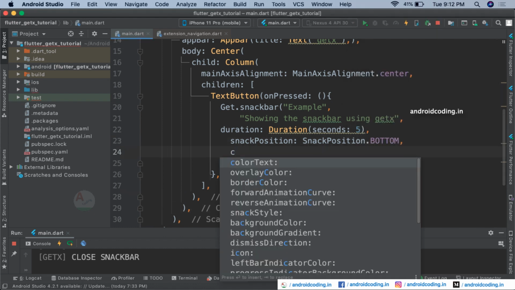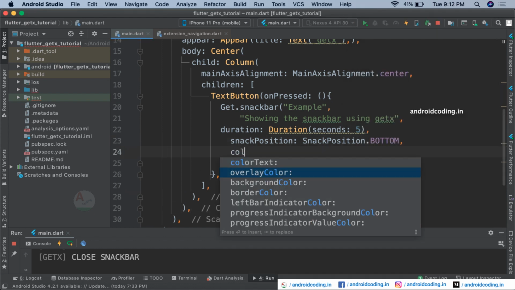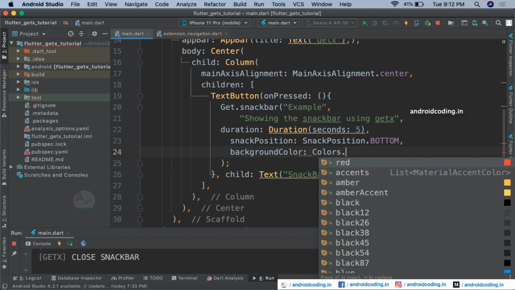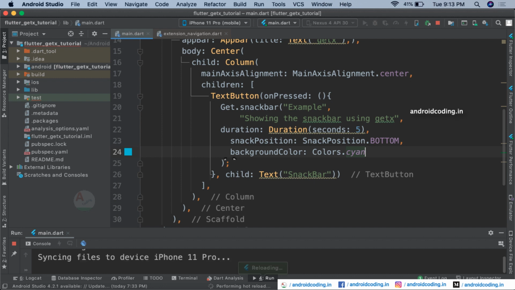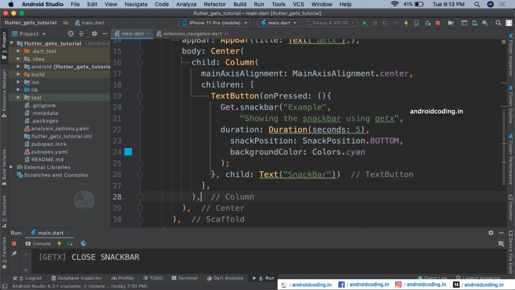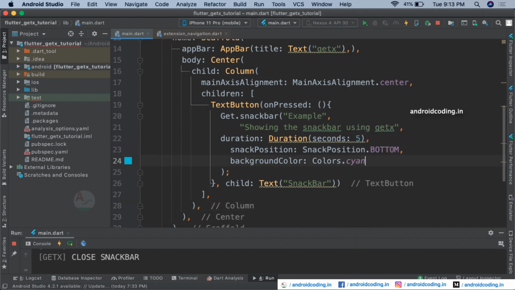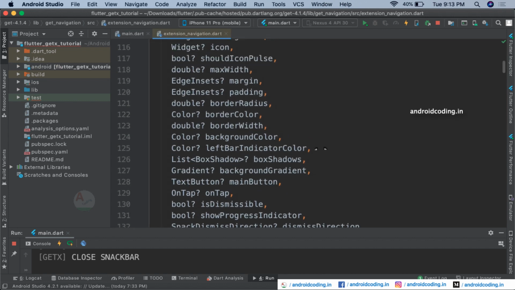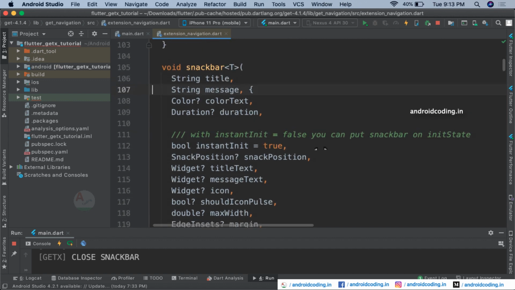Now let us try to provide a background color here, Colors dot cn. Let us see the output. Yes, our background color is now changed successfully. And let us see some more options available here. You can notice the major thing, we don't have any context here.